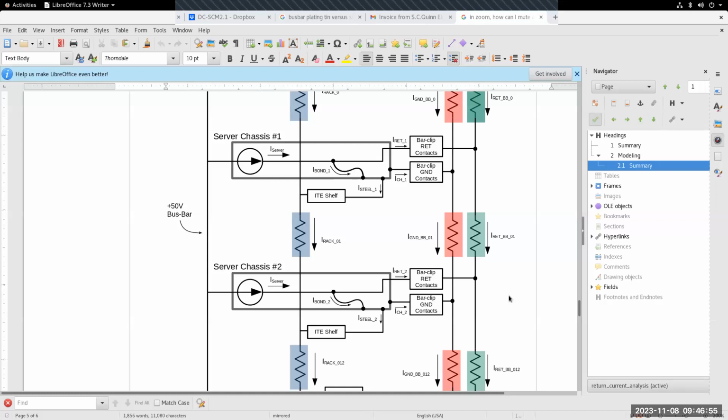But I'm not seeing it additive through the server chassis that are closest to the power shelf. They're all staying relatively the same. And I just got this data this morning, and I don't understand why it's different than what your hypothesis is. So I wanted to let you know, we're seeing similar but not the same.